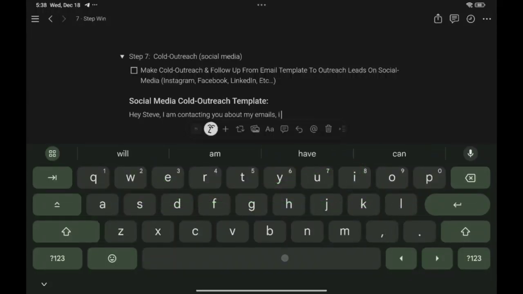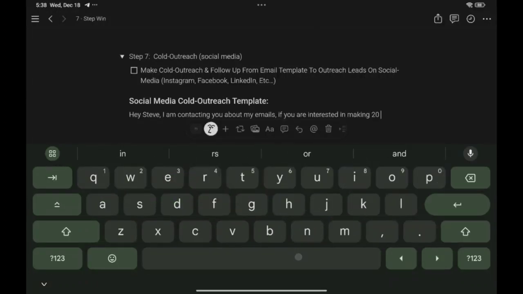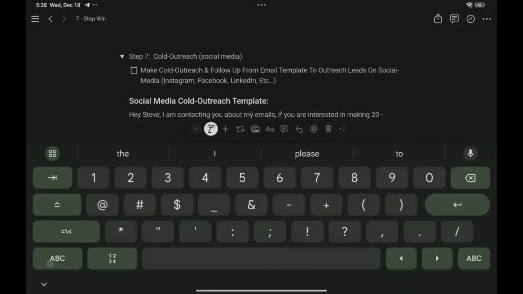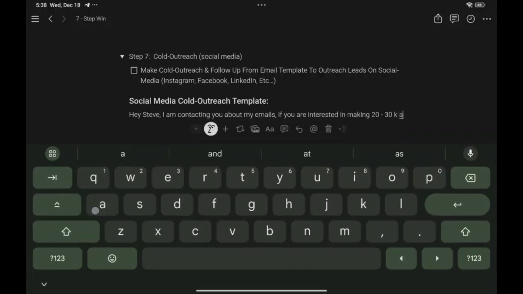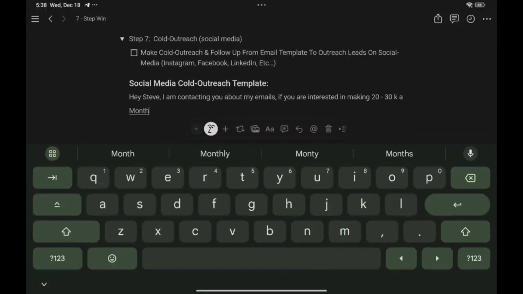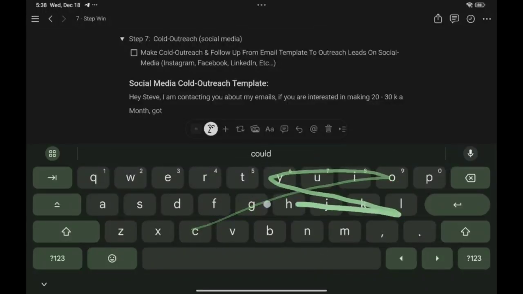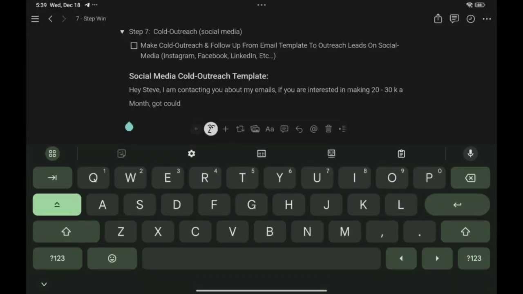If you are interested in making 20 to 30 grand a month, you could reach out to me. Okay? Or here's a really good example too.